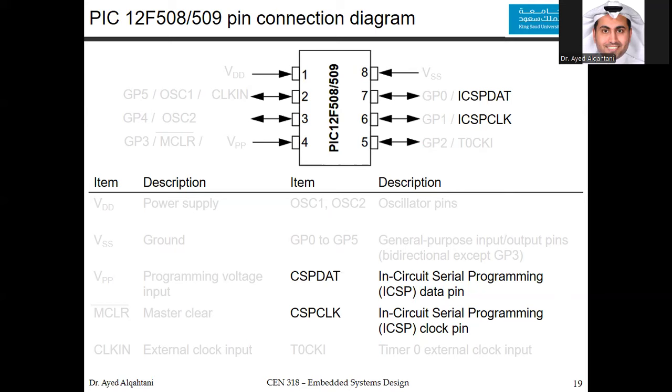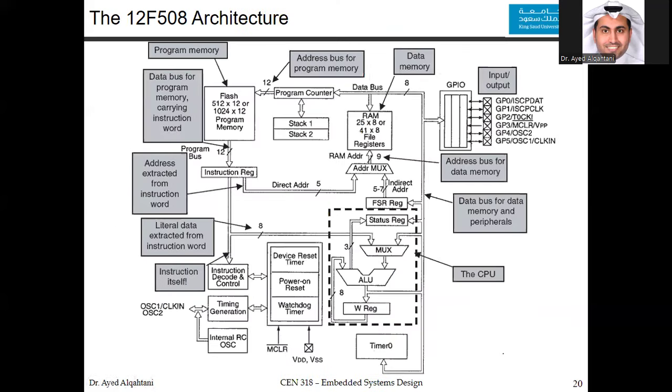So let's continue. At this point, we will show the BIC12 architecture. You can see that this is the architecture, and looking at it quickly, there is a program counter here, and then you have a flash or program memory that has the instructions within it. You get the instruction from there, you save it in an instruction register, and you have the buses that take part of the instruction based on your needs, based on the ISA of this microcontroller,